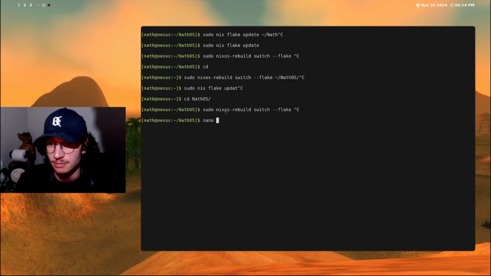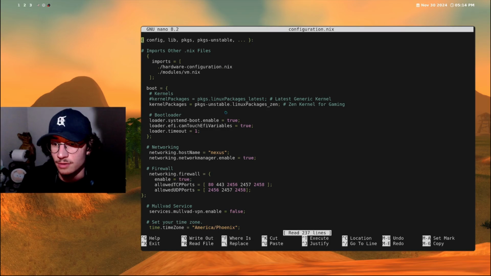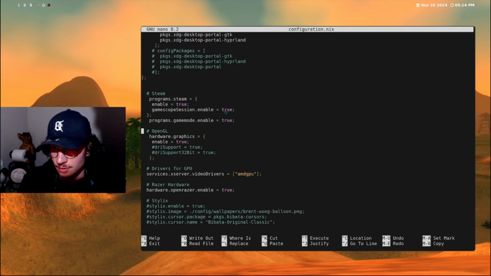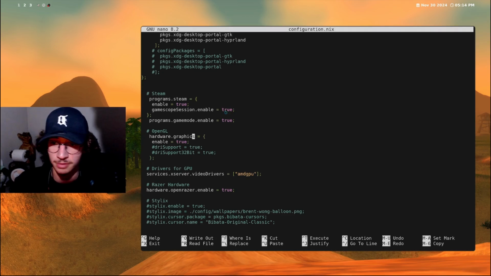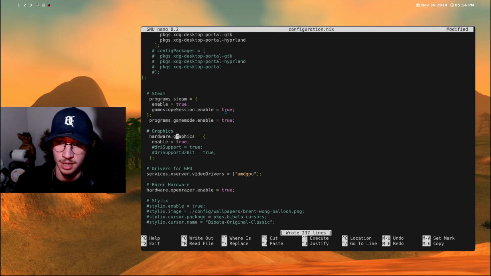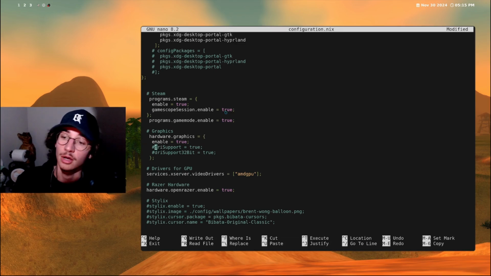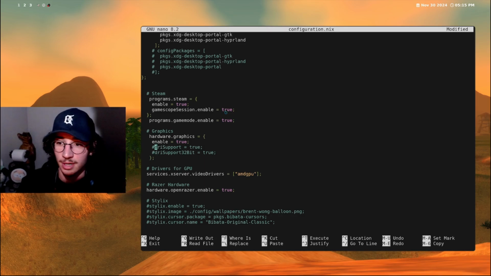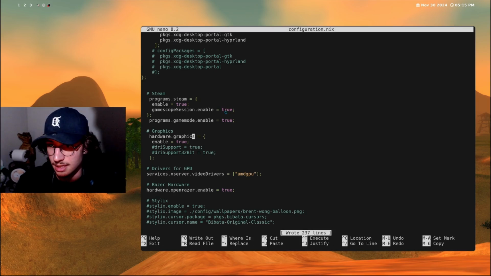So if we go into my configuration.nix, the one I had to change was all the way down here in my OpenGL driver section. Hardware.opengl got changed to graphics. So instead of hardware.opengl.enable, it's hardware.graphics.enable. Also, DRI support was disabled or at least natively enabled. So I commented both of these out, changed OpenGL to the word graphics, and that's all I had to do